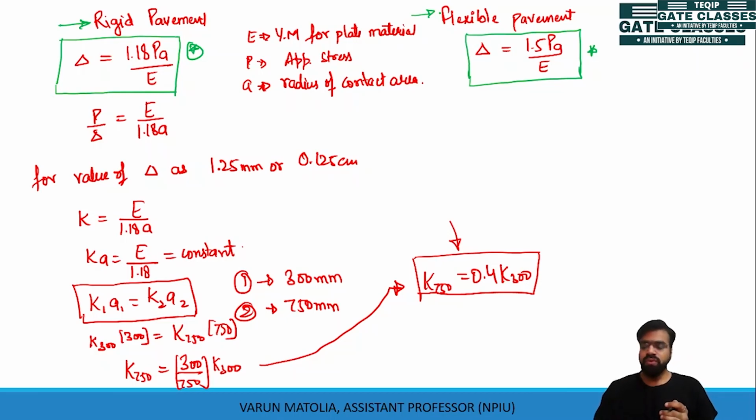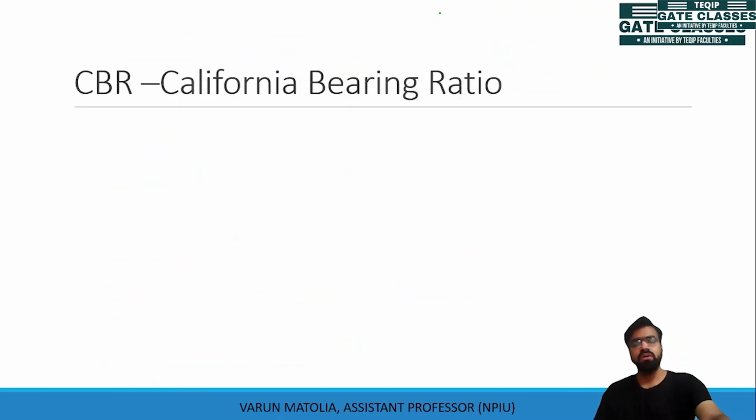So let us move on to another test, which is our CBR test. CBR is California bearing ratio. Let us first understand what we are doing here. We are calculating the ratio. What is the ratio? CBR is actually a ratio of load